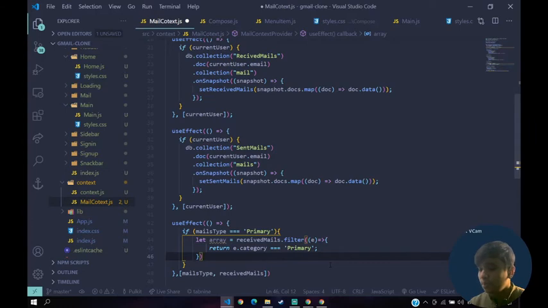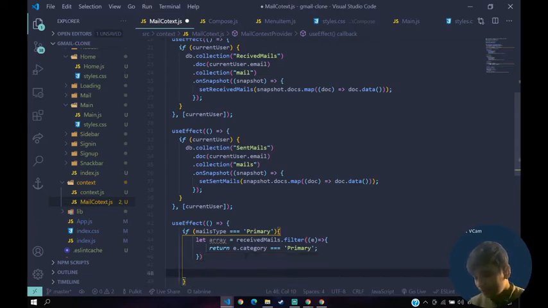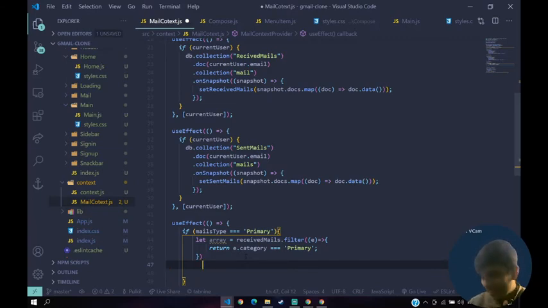So for example, received mail has a bunch of categories: promotions, primary, updates.